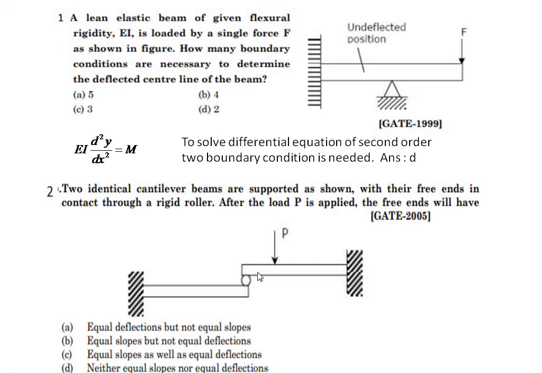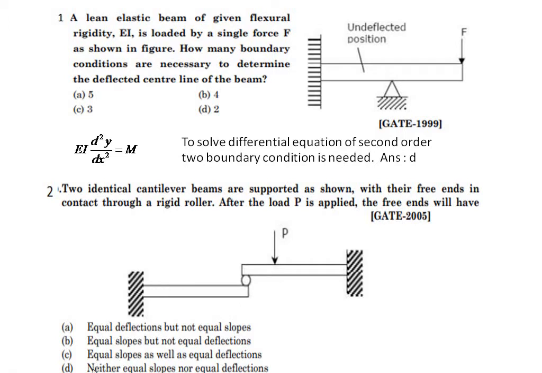Now see, on the right hand side, in this beam the load is not acting at the free end. It is acting at some eccentricity from the free end. But on the left hand side, the roller is at the extreme end, at the free end. So the load from the upper beam comes and acts on the lower beam at the free end. So the point of application of load on the two beams is different, even though both are identical. As a result, even though the deflection is the same, the angle will be different.